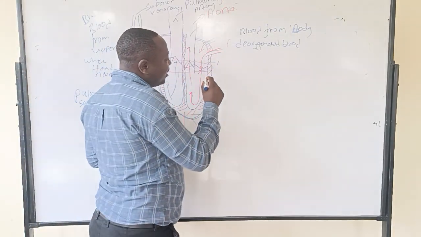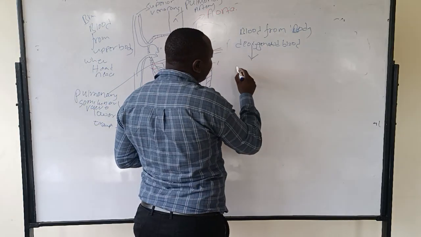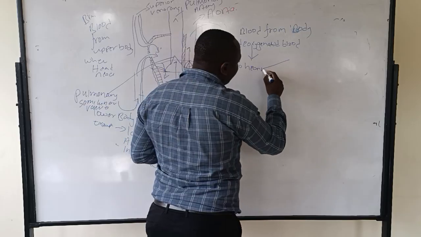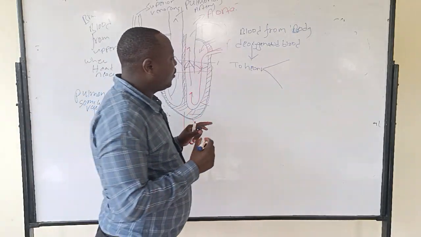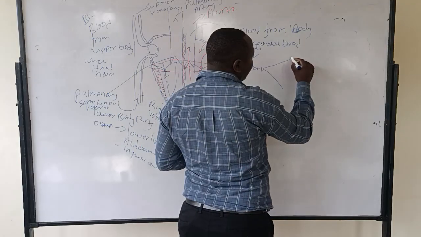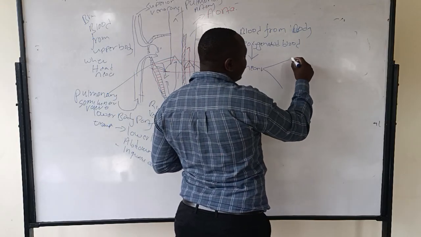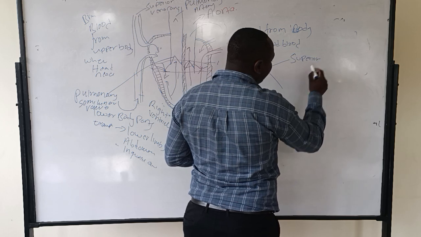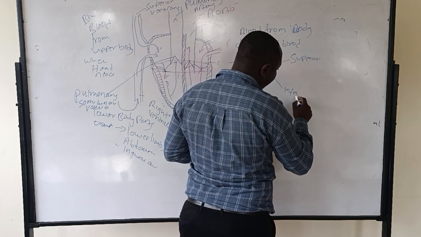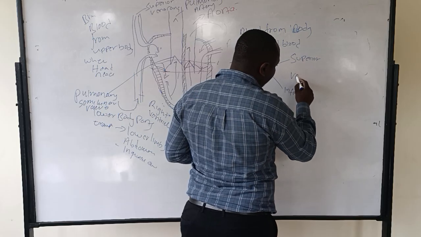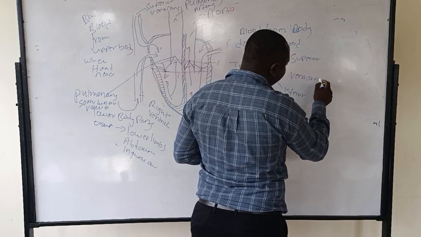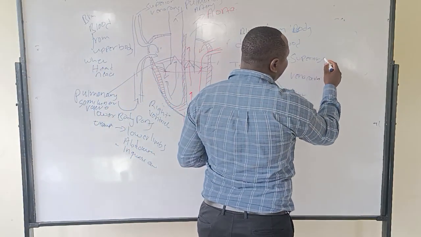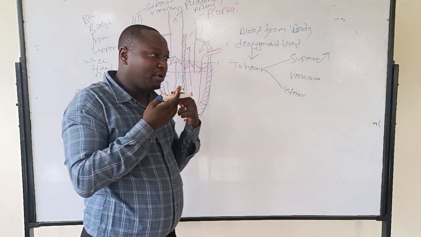This deoxygenated blood will flow to the heart through two veins, which we are calling the superior and the inferior vena cava. The superior vena cava carries blood from the upper part of the body, which is the head